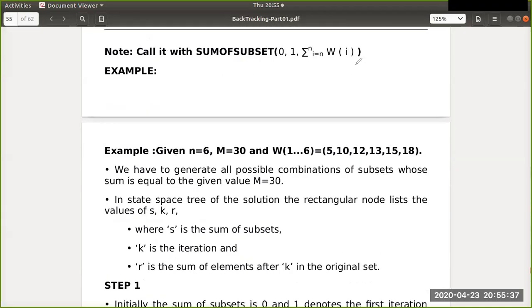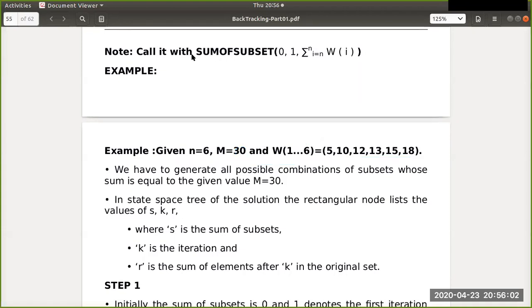Let's see, this is the example. Previously we had only 4 items. This time I am taking 6 items, with their weights. Whatever the sum of the subset is, it should be equal to 30. Not all 6 items should sum to 30. Here, the sum of subsets. Okay, this will be